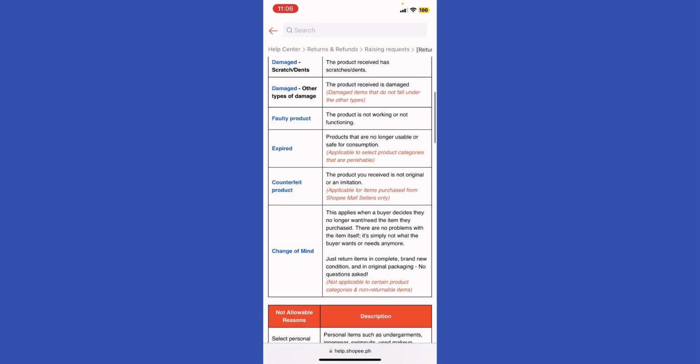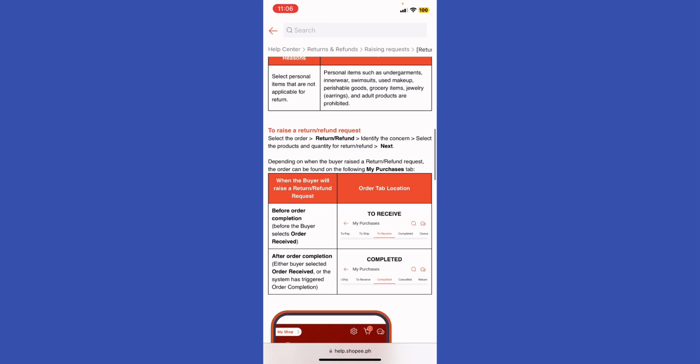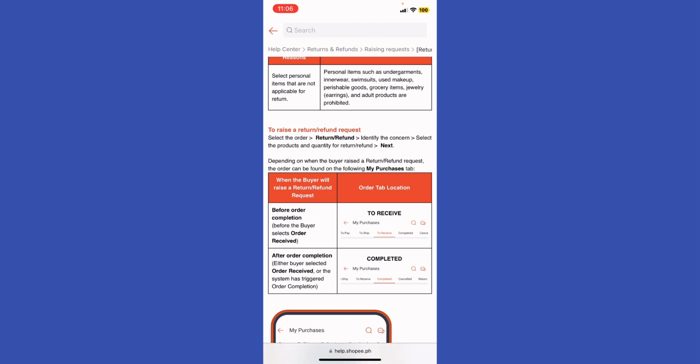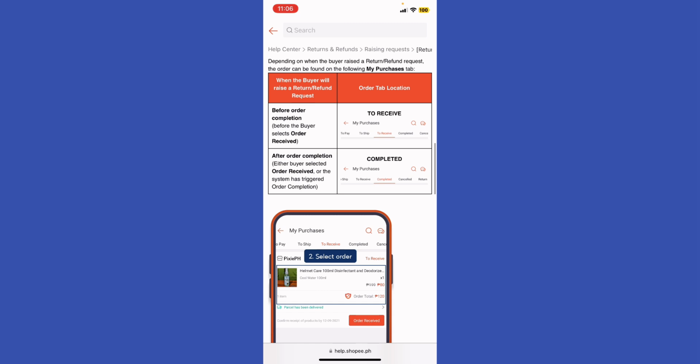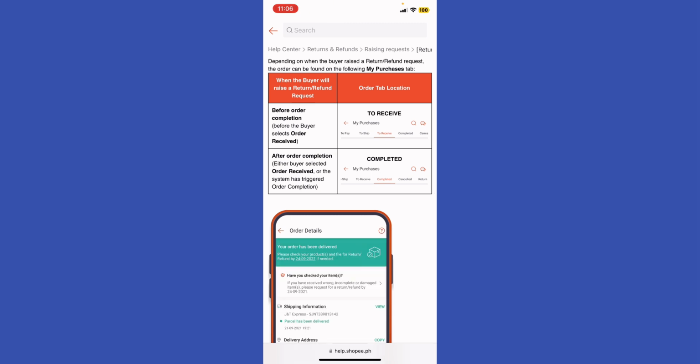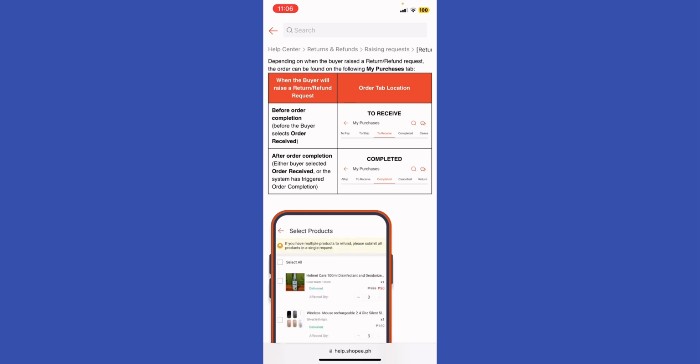But if you want to know how it's done, go to the Shopee app. Launch the Shopee app on your mobile device, go to the Me tab, the Me icon located at the bottom right corner of the app. If you're using the app in English, of course, select To Receive or Completed, depending on the status of your order in the order history. Then select the order. Find and tap the order that you want to refund, and then Request for Return and Refund. If the item is still within the return period, you will see an option for Request for Return/Refund